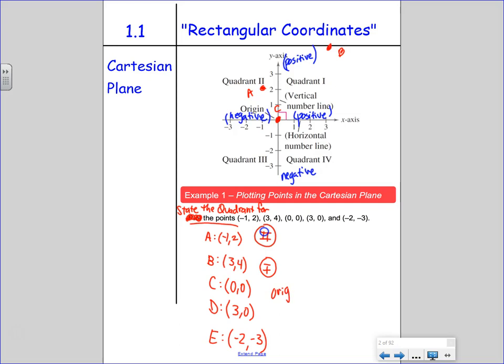And since the origin is the separator from all four quadrants, well, yeah, we didn't put a quadrant for that. How about point D? What would you say? Okay, I heard a couple of different things. It is on the line. It's not my favorite. It is on the x-axis, a little bit better, but it is on the positive x-axis. That's exactly what I was looking for. It is on the positive x-axis, aka when x's are positive. And then point E,